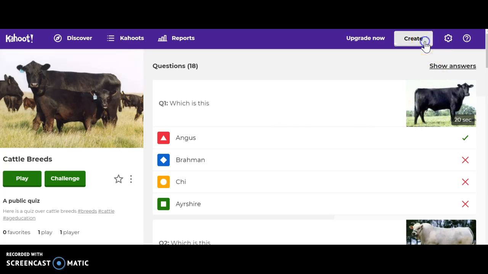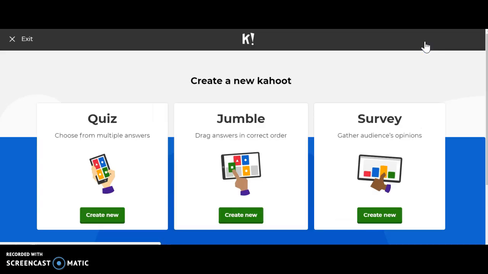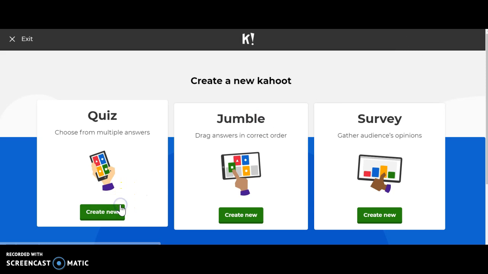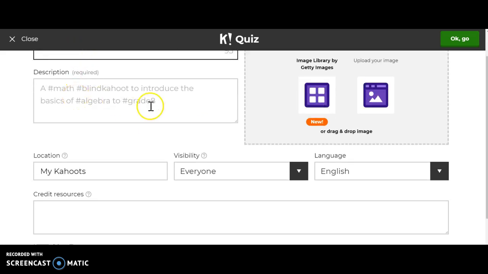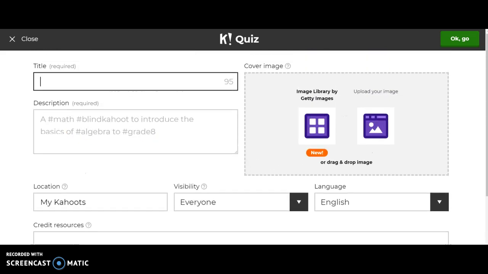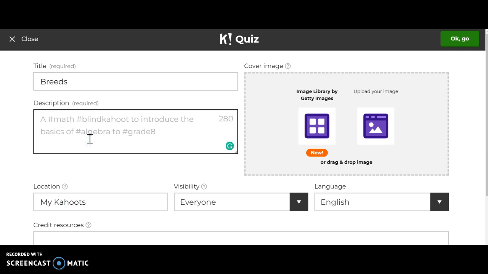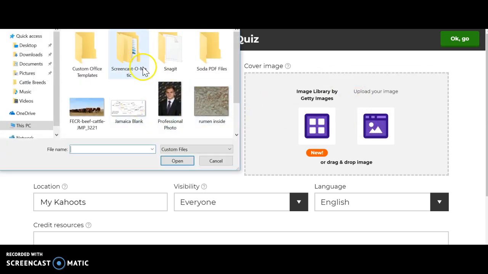To create one, you just go up to create, and I used quiz because that's the only one that I've ever used. So you just put in a title, and then put in some hashtags so that people can actually look it up, and then you click. So like I do breeds, and then put hashtag ag ad, and then I could put up a